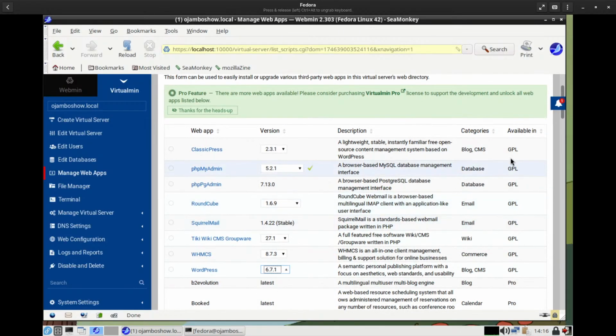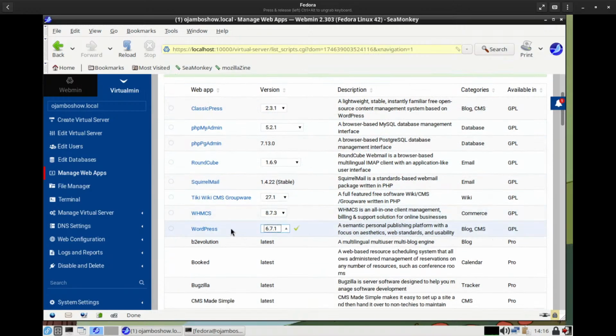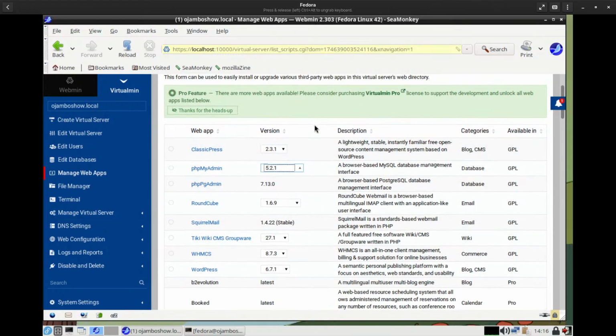Okay, so I remember the version I installed of Virtualmin is the GPL, that's basically the community version. Obviously you can install it yourself as well, so that's preferred. The one I do recommend, as I was saying, is this one here, where you can install the long-term release or the latest version. What I recommend for my clients is, if they install this, it will install, for example, you see this is for jumboshow.com, so it will only be there. You have to install it on the other virtual servers as well. So if this is the one I want,